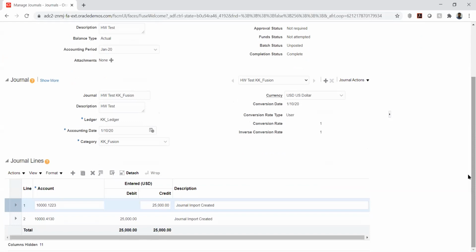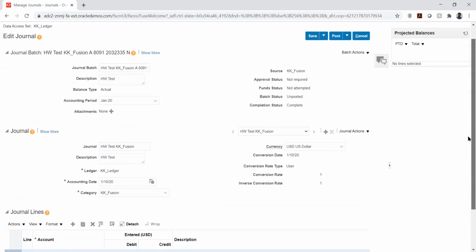So there is one correction, Abhishek. This group ID I was telling, even multiple journals can have the same group ID. All will be tied to a batch. So if I have multiple group IDs, then multiple batches will be generated. It doesn't mean multiple journals will be generated, only multiple batches. Okay, so the group ID is to create a batch. So with one group ID I can have 5 journals created under one batch.